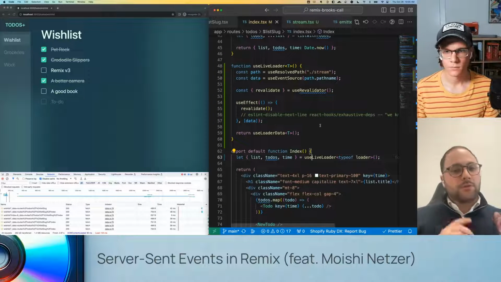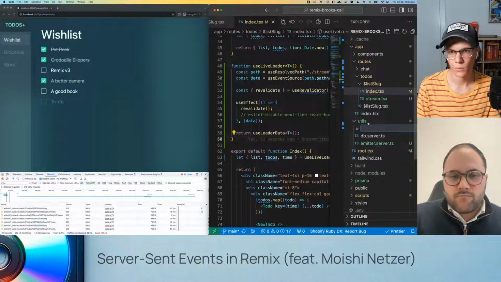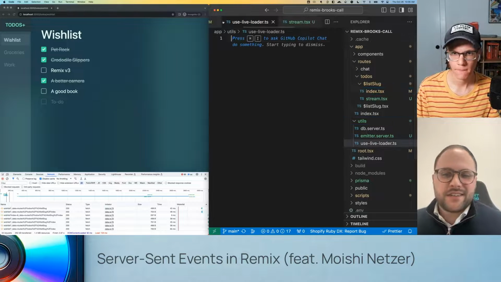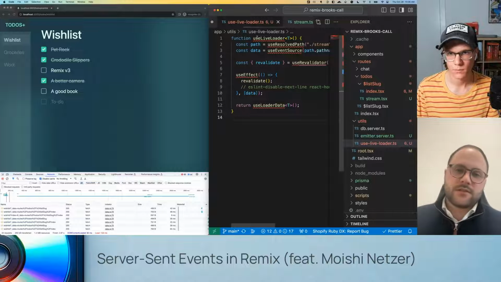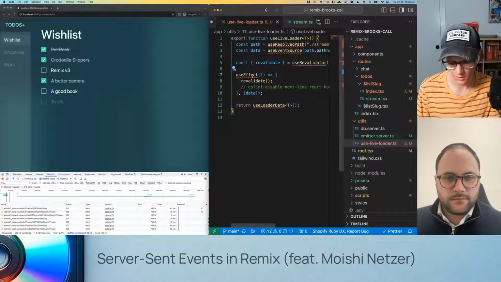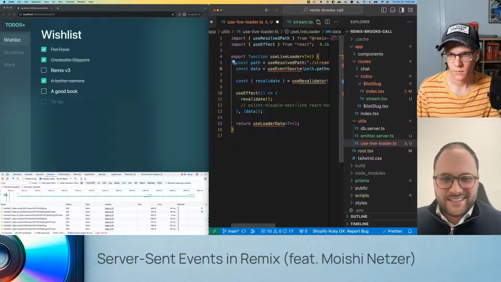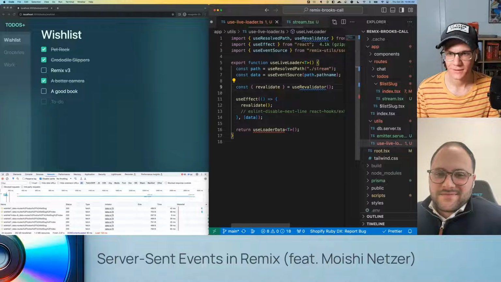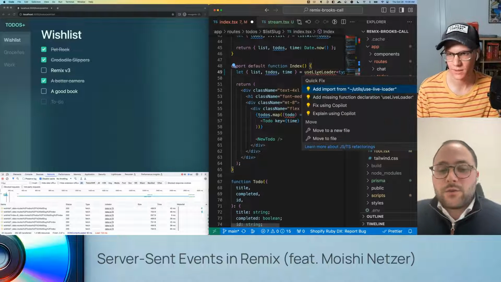Now, let's pull those out into two separate files in our utils. So what do you call it, use live loader? Yeah, that's how I do it as well. Okay. So throw that in here. Grab that out. Slap it in. Of course, want to export it. Didn't mean to be searching there. I got to get all the imports. Get them all. One more. Validator. Another one. One more. That's too many. All right, cool. So that's good. There we go. And then here we can just import.